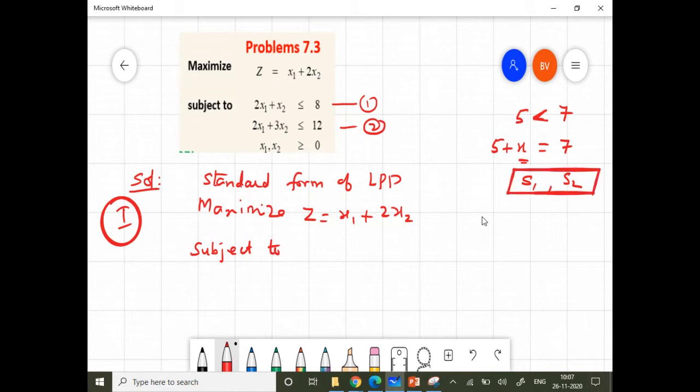These variables have different names. Initially these are called basic variables, and they have a different name called slack variables, or you can call them dummy variables, right? So all the names are true for S1, S2. This is the initial basic solution, and these are slack variables. When you add them to compensate the slackness, you call it a slack variable. And dummy variables, they have no big role in this calculation, right?